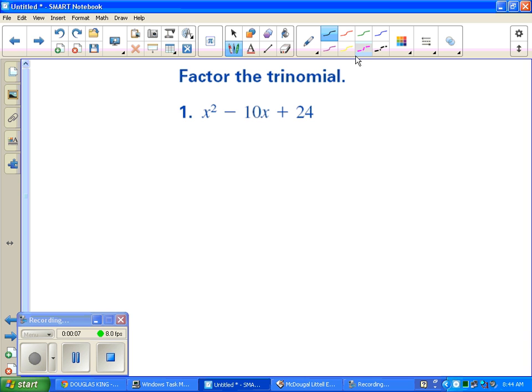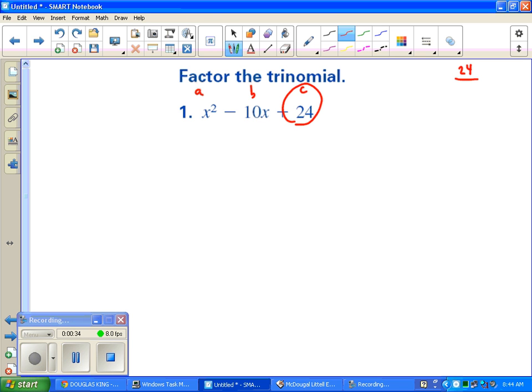Okay, in order to factor this trinomial, x squared minus 10x plus 24, this is written in the form ax squared plus bx plus c, where the a in this case happens to just be 1. We'll look at different coefficients for a later in the week. The first thing you want to do is take the value of c, 24, and factor